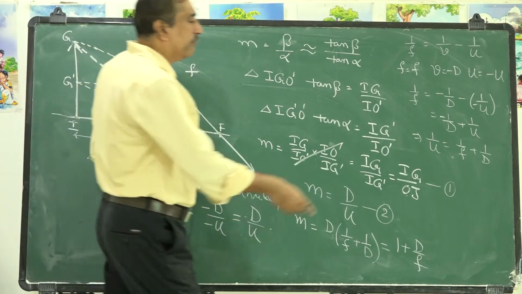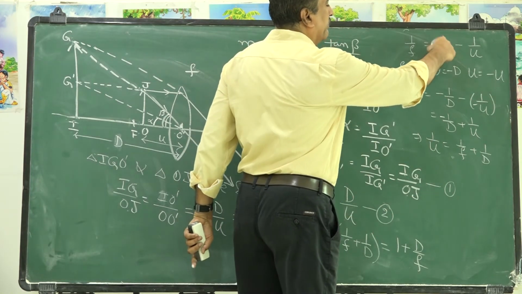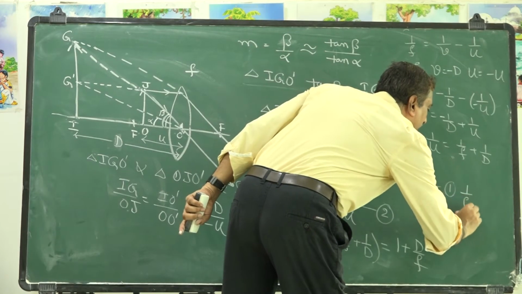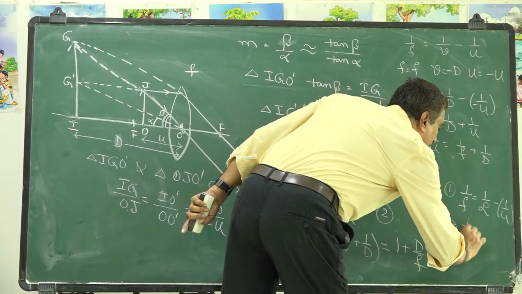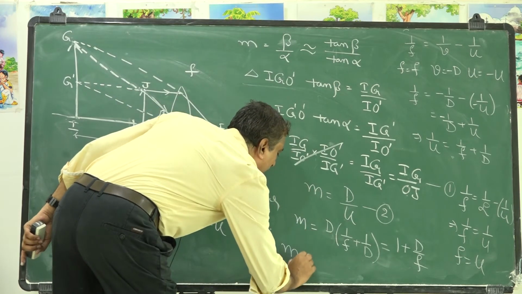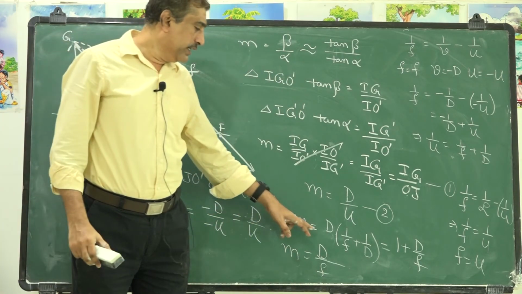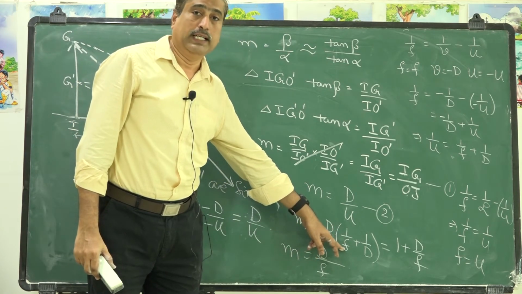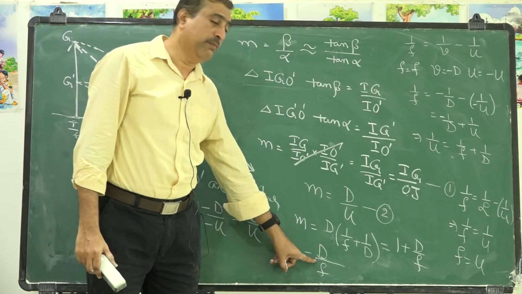Now, if the image is formed at infinity, that means the eye is in the relaxed position, then in that case, from this equation, 1 by infinity term gets 0, and U is also equal to minus U. So we can write 1 by F is equal to 1 by infinity minus of minus 1 by U. That implies 1 by F equals 1 by U, meaning F equals U. So we can write M is equal to D by F. So these two are the relations for magnification of a simple microscope: one when the image is formed at least distance of distinct vision, and this one when the image is formed at infinite distance.